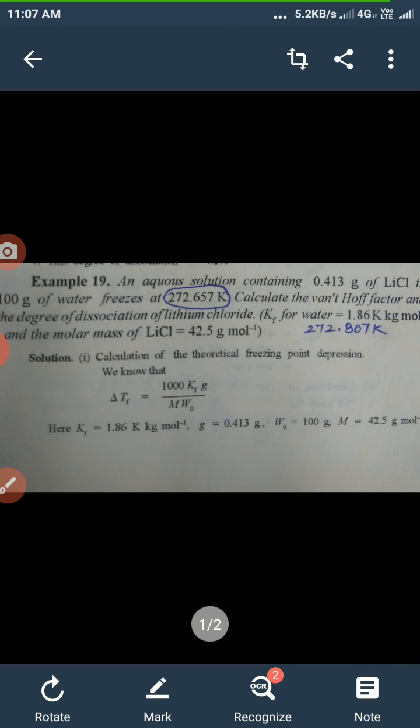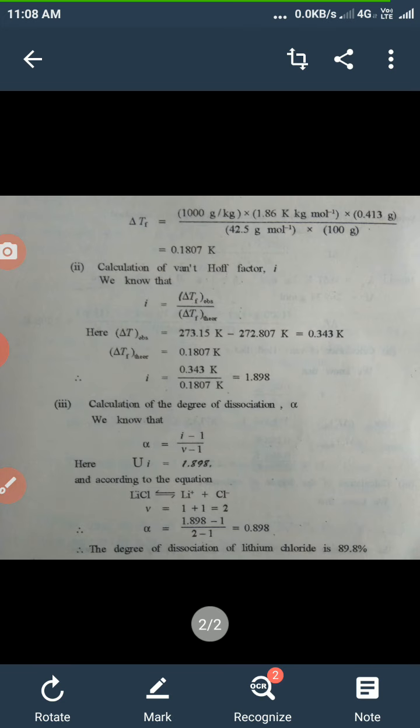Here Kf is 1.86. G: 0.413 gram of LiCl are dissolved. W0: how many grams of solvent? In 100 gram of water it is dissolved, therefore W0 is 100 gram, and M is the molecular weight of the solute, that is of LiCl, and it is 42.5. Now we put all these values in the above mentioned equation, so we get delta Tf is equal to 1000 into 1.86 into 0.413 divided by 42.5 into 100, and theoretically the depression in freezing point should have been